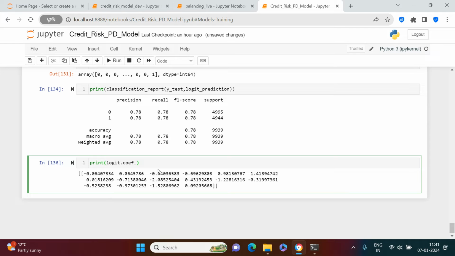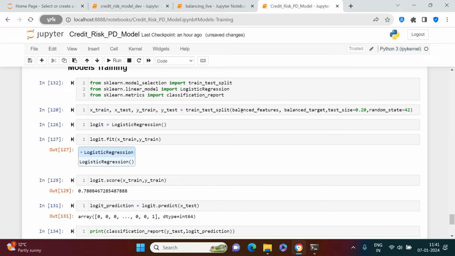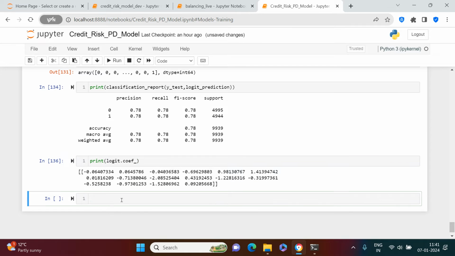Okay, so let me try to put it on the features whatever we have available in this data set, balanced features, or maybe you can say this one. Okay, so I'll just try to put it in the form of a data frame, and let's try to see how it looks. Okay, so I'm going to create a data frame called